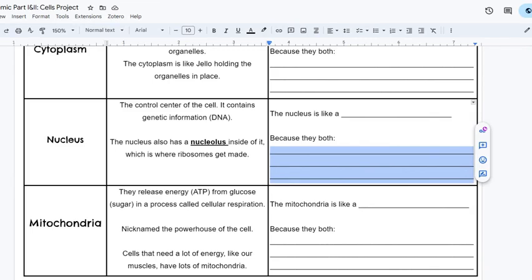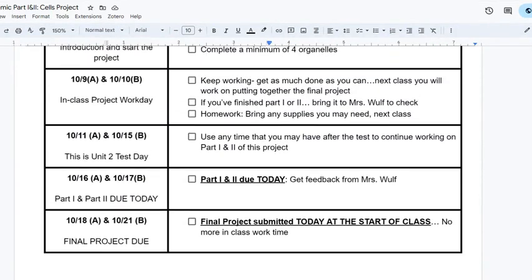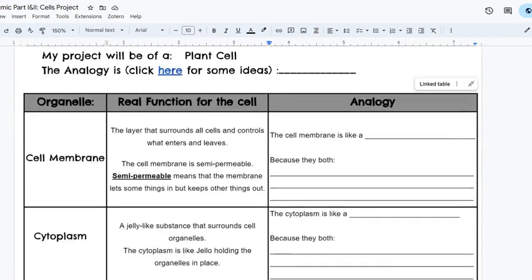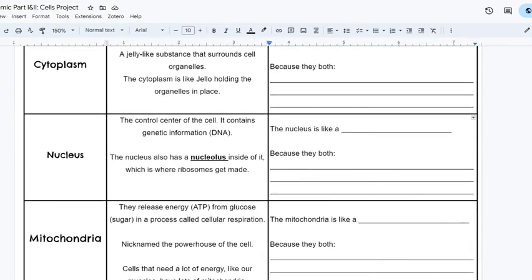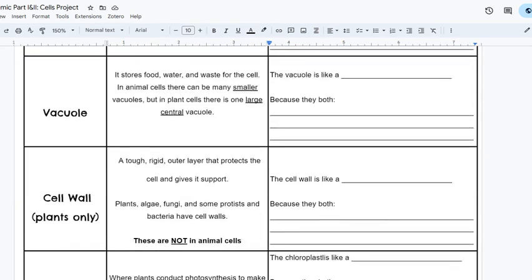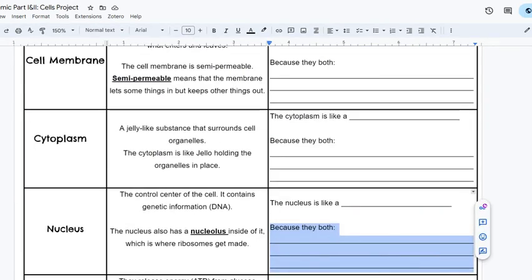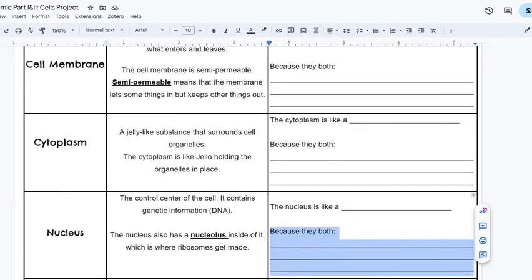So as we work through and use some class time to start thinking about those things, you're going to start doing that. Not today, you're not filling out the packet today, but in the next few classes, you'll be thinking through these things and filling out all the analogy parts, right? So a nucleus is like the principal because the nucleus controls what goes on in the cell, and the principal controls what goes on in the school, right? So that's where we are, and you'll go through all the other organelles as well and compare those organelles. You'll stick with that analogy, whichever one you choose.